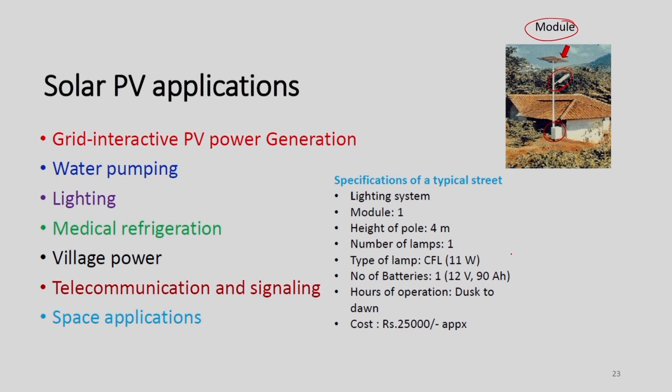Normally CFL lamps are used. These are the specifications normally used for this kind of street light system. The module is one, and its pole is about 4 meter tall, and the number of lamps is 1, and the type of lamp is CFL, and its rating is about 11 watt, and the number of batteries is 1, and its rating is 12 volt and 90 ampere hour, and auto operation of course dusk to dawn, and cost is about 25